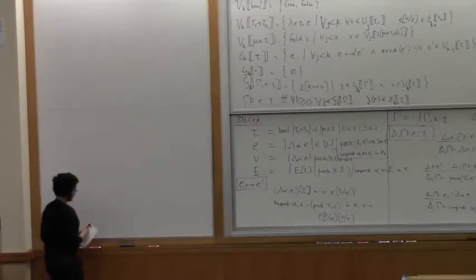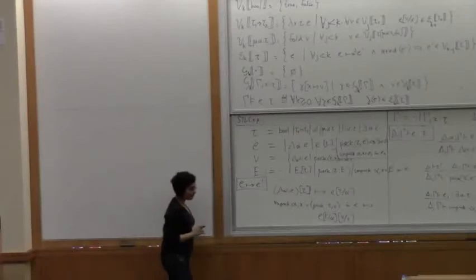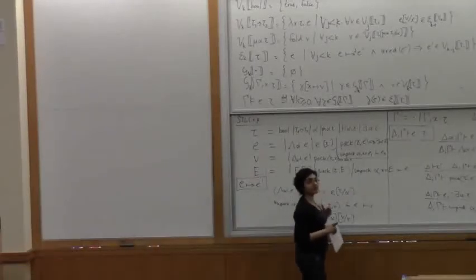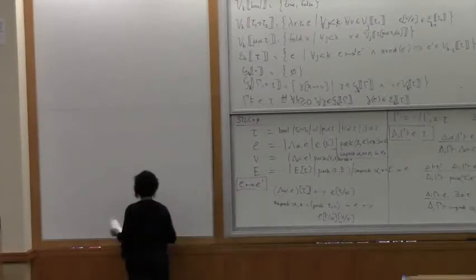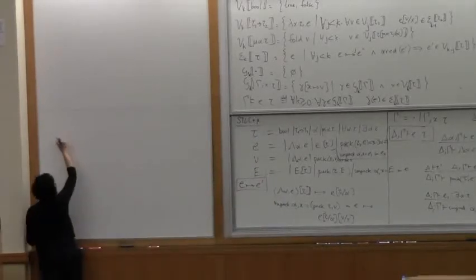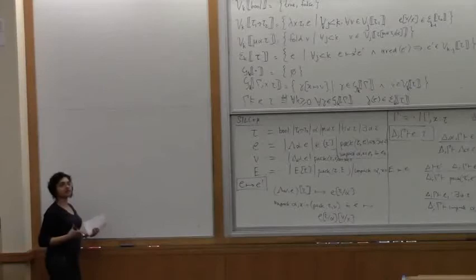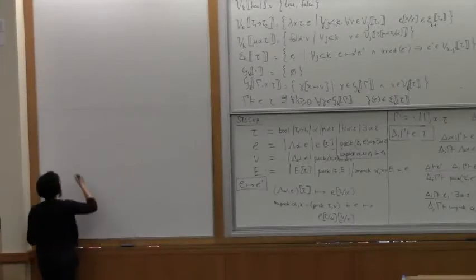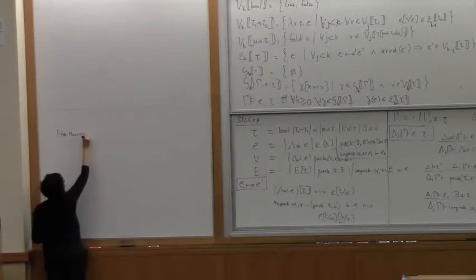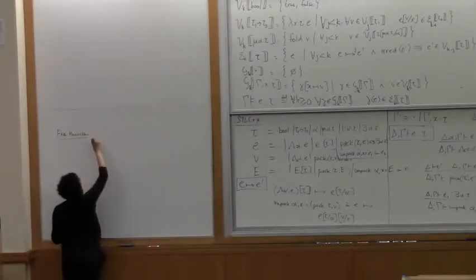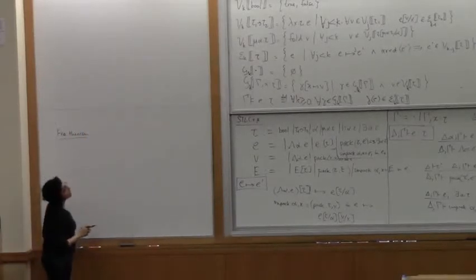Phil Wadler's famous paper, Theorems for Free. So once we have polymorphism in our language, in particular parametric polymorphism, the way we're adding it, we can prove certain interesting things just based on the types. So for instance, the most famous free theorem, perhaps, the canonical one that everyone shows you, is suppose that we have